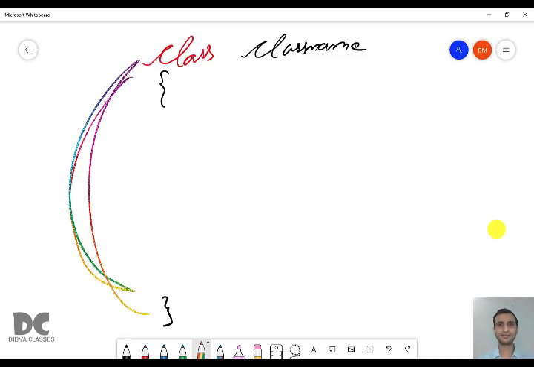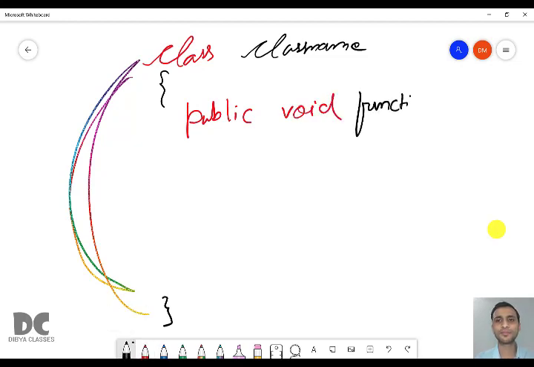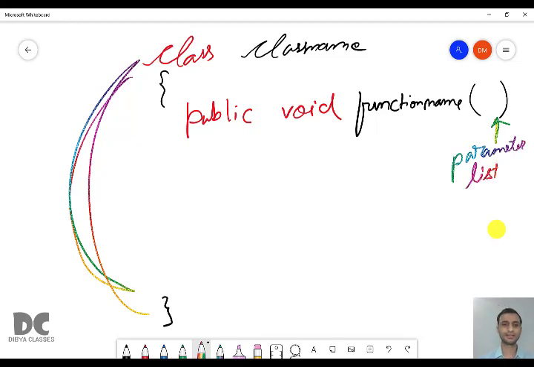After writing this, we are going to write public void and then we'll give a function name according to identifier rules, and this is called the parameter list.